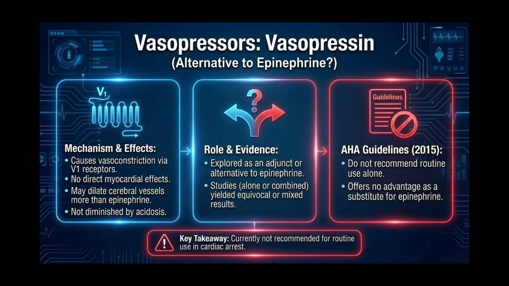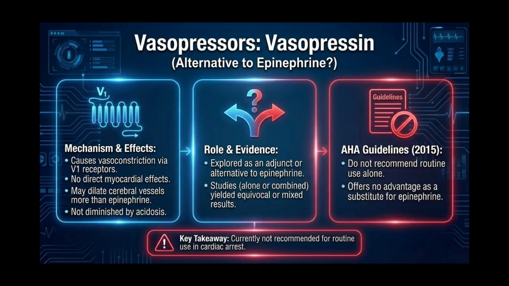A randomized controlled trial conducted in 2001 failed to demonstrate any survival advantage for vasopressin over epinephrine in cases of in-hospital cardiac arrest. Similarly, a 2004 study that compared vasopressin with epinephrine in out-of-hospital cardiac arrest also showed no significant difference in the rates of survival to hospital admission or discharge. Furthermore, a systematic review and meta-analysis revealed no difference in outcomes when trials comparing vasopressin alone or in combination with epinephrine were compared to epinephrine alone.